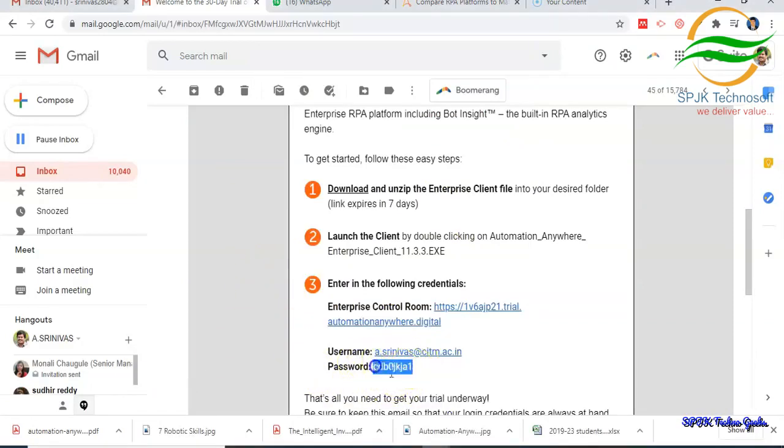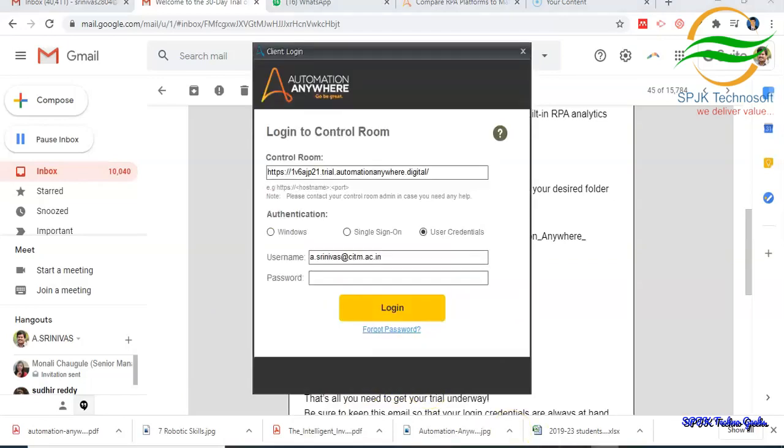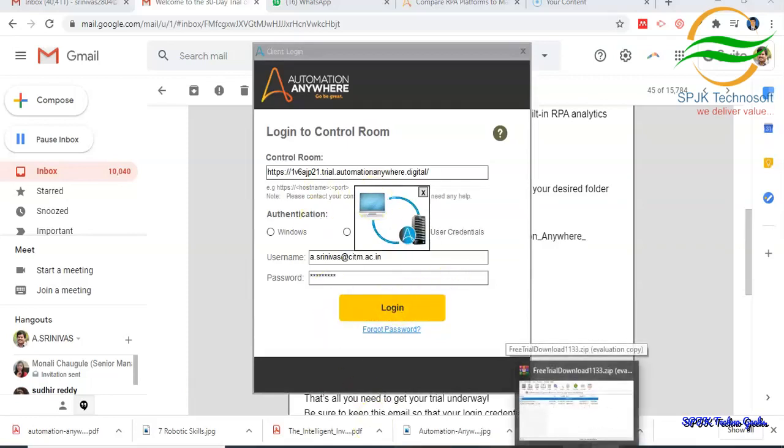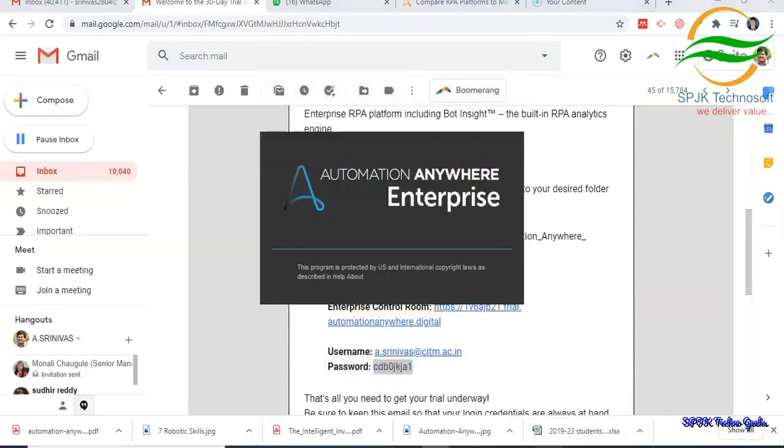The password is also here, so I can just copy paste my username and password, then click on the Login button. In this way we are going to start the Automation Anywhere software setup process.